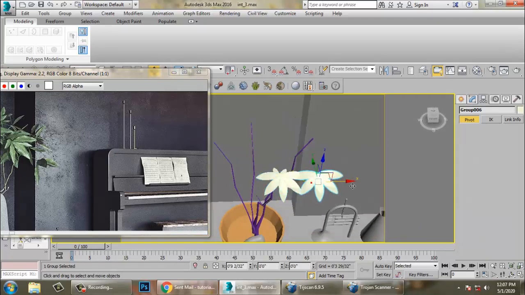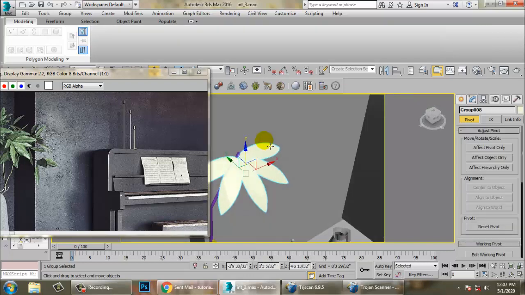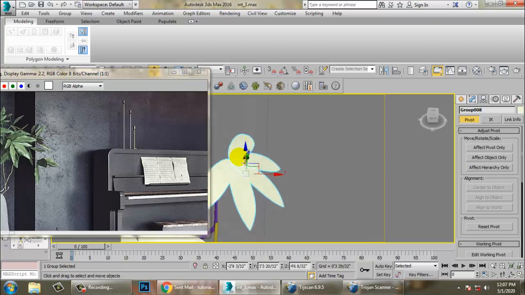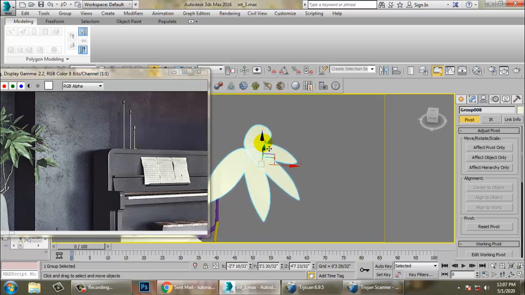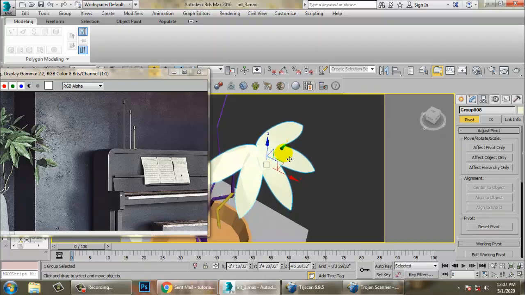So again make a copy of it. Just push it up. You can just scale that. Just scale that.